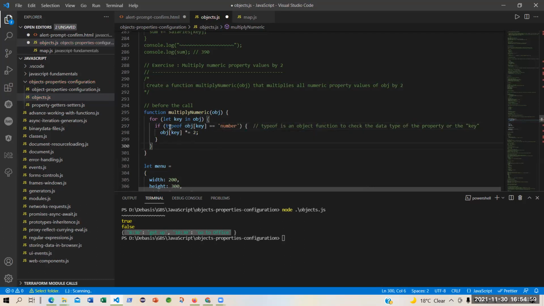Fine. You have to give it like this. This is the syntax of using typeof. That means you are trying to understand whether it's a number or something else, not a number. Here we have an objective to only multiply those properties by 2 which are numbers. Okay, this logic is correct, everyone? Yes, sir. Yes, sir.